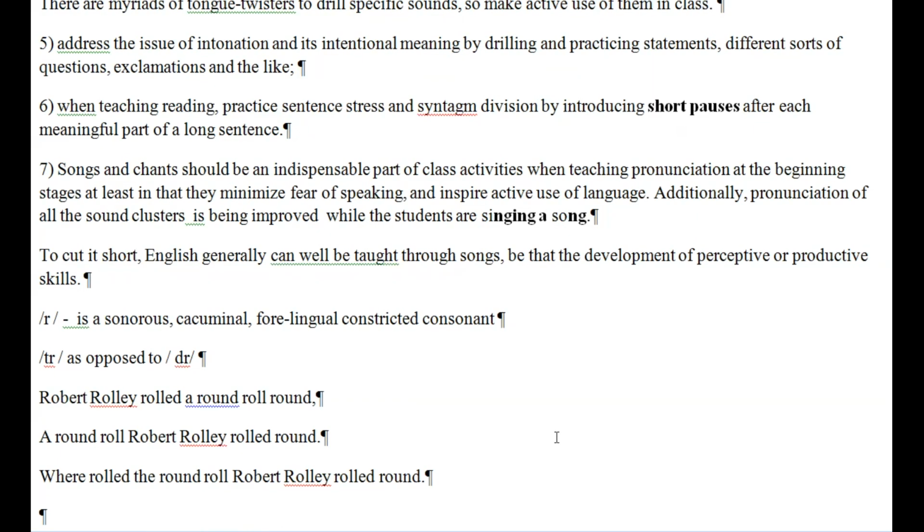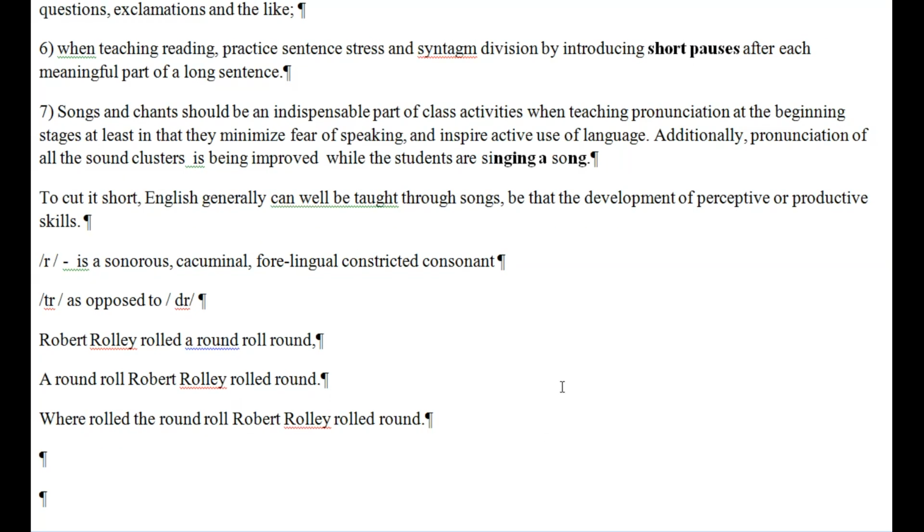And today's first sound is the sound r, which is sonorous, meaning that voice prevails over noise, cacuminal, meaning that the tongue is cup-shaped, forelingual, meaning the tip and the front of the tongue take part in this. And it is a constricted consonant. It means that you can prolong it, like hold it: r, r. And tr, as opposed to dr, as in: